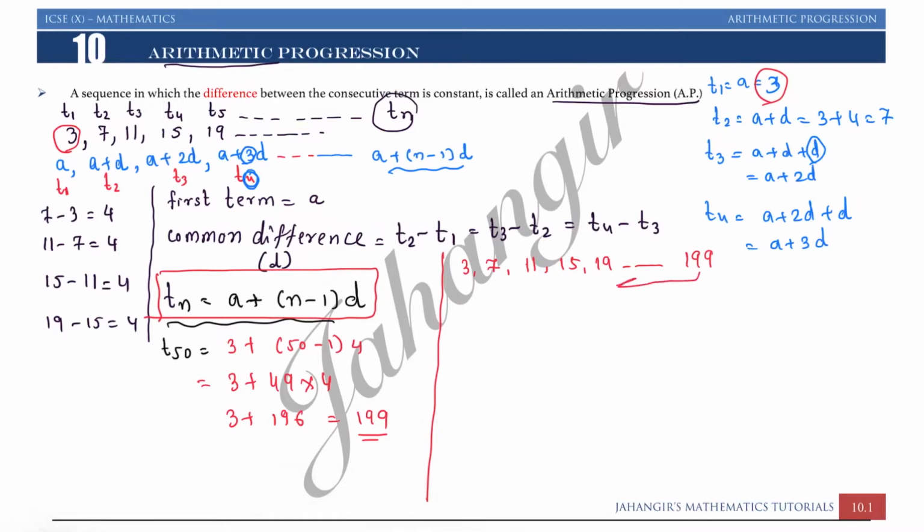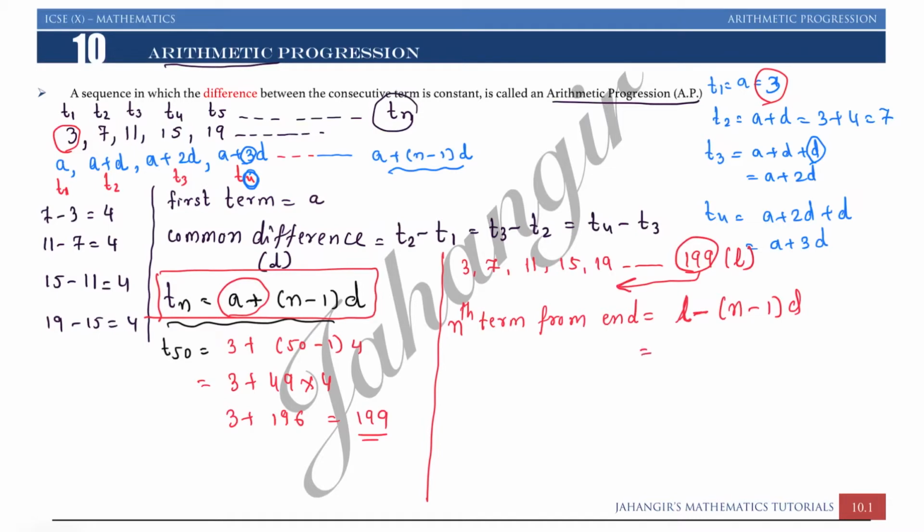From here, if you have to find the sixth term, this is the last term. So if you want to find the sixth term from the last, we will write sixth term from end. So first we will write the formula for the nth term from the end. From the last, the nth term from the end is L minus n minus 1 d. See, if we are going from the starting, then we are using a plus. A is the first term. When you are going from the last, we will use L plus, because L is the last term,